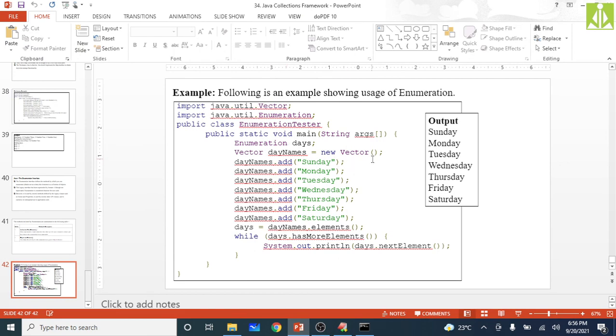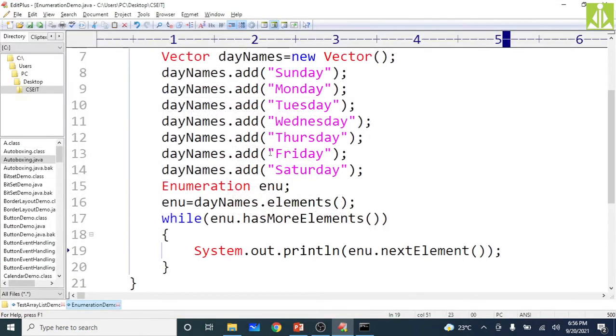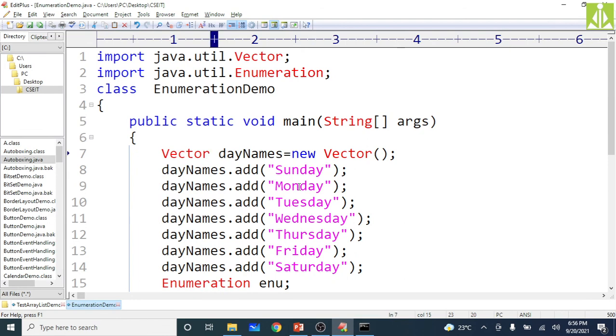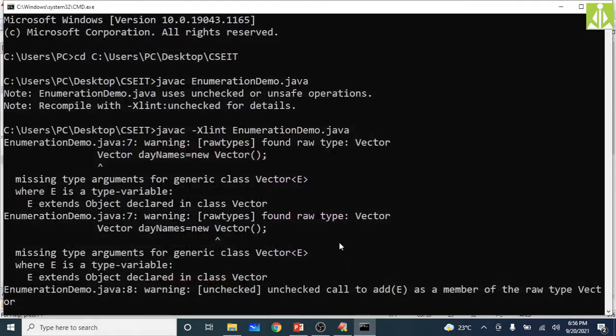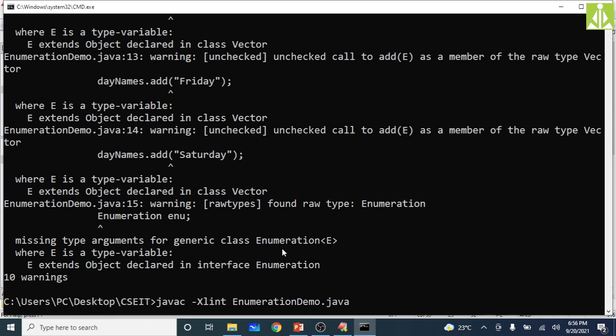Okay, so string, when you are creating, generally it has to take by default, but it is not taking. So let me just put here string like this, and here also same thing, put string. Now you go here and do the compilation.